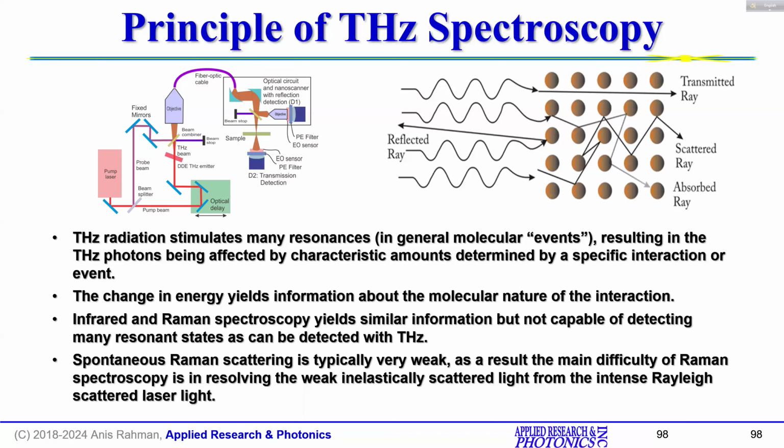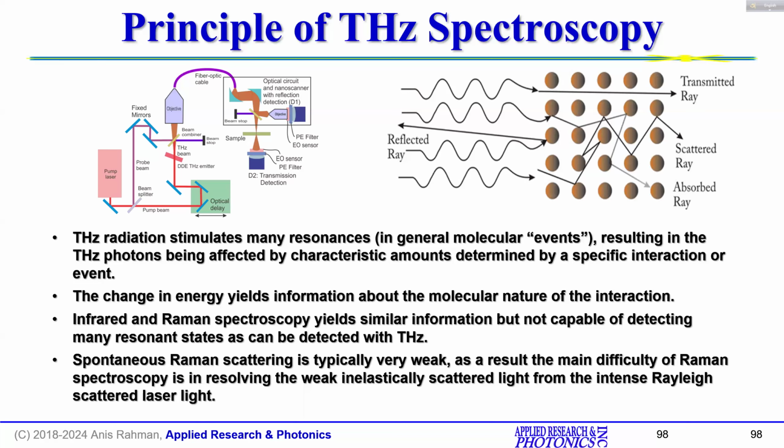In other spectroscopy, such as, let's say, IR or Raman, what is done is that either the reflected beam or the transmitted beam is incident on some kind of a grating. There are many different kinds of gratings, dispersion gratings. That dispersion grating splits the incident signal into different wavelengths or frequencies. And then based on the sample, that frequency changes, or in some cases there are resonances, and in some cases there are no resonances, and so on and so forth. So that grating is the key for all kinds of spectroscopy,